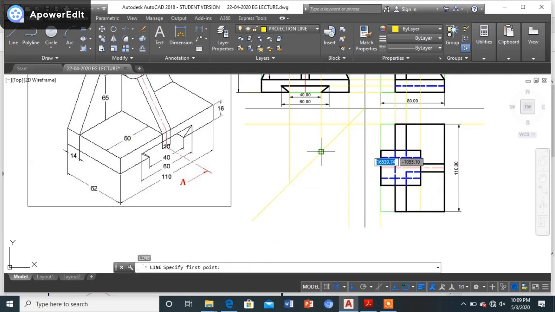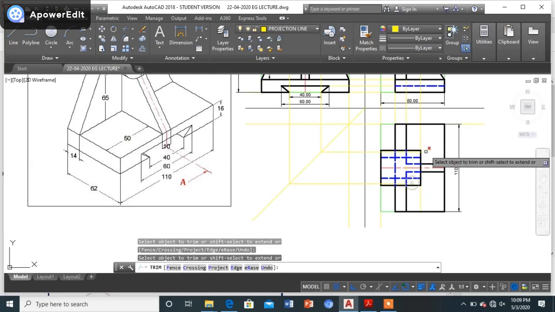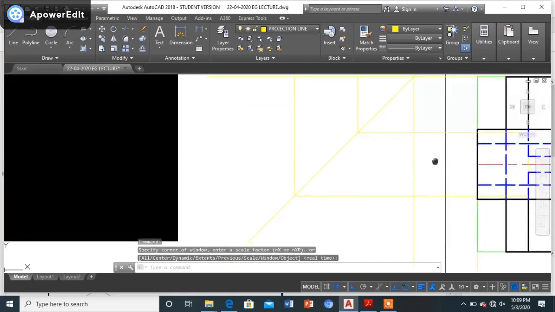Now I can just project this further. Just I can extend it. One more thing, one more line. I will be drawing it like this on the other part. So it's like this. Now I will be simply trimming out till where I won't be getting the fillets now.